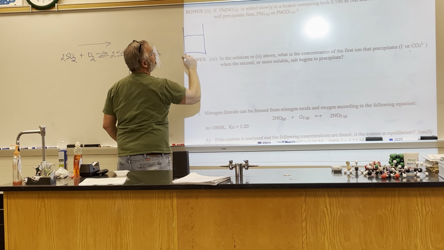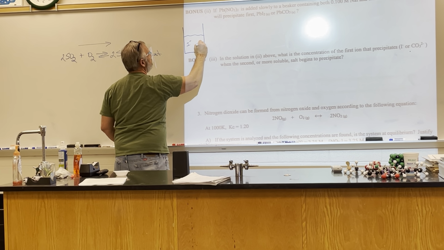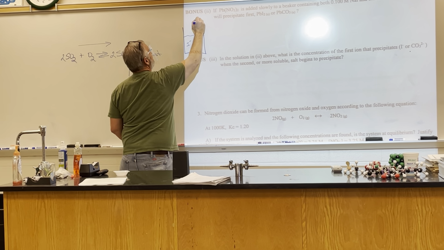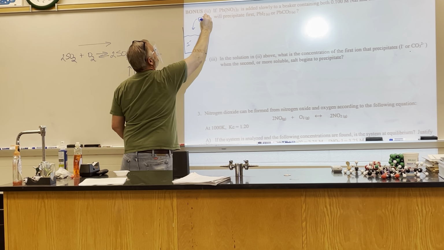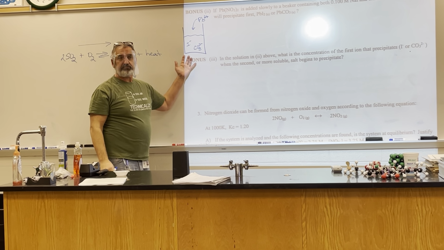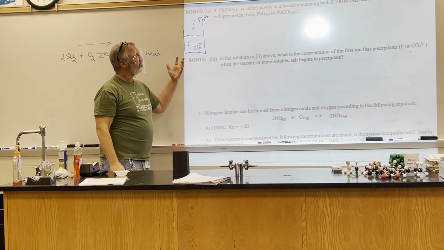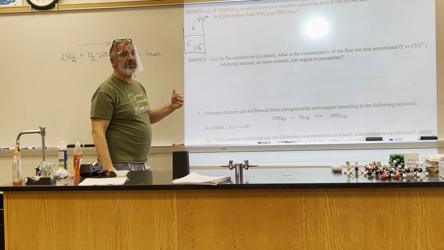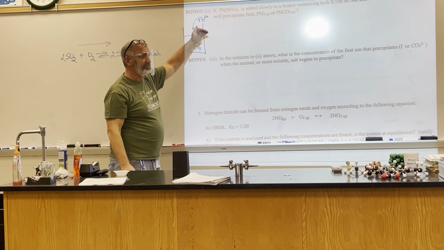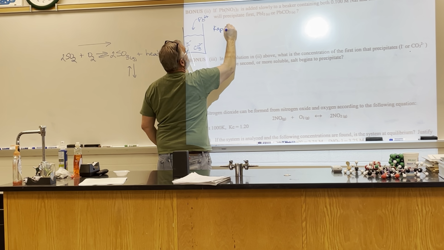In this beaker, we have some I- floating around, and we have some CO3 2- floating around. We're going to add in lead. And then lead iodide and lead carbonate are both going to want to form. Question is, which one's going to form first? Okay? So we use the KSPs. Now the KSPs are given further up in the problem. So the KSP of PbI2,